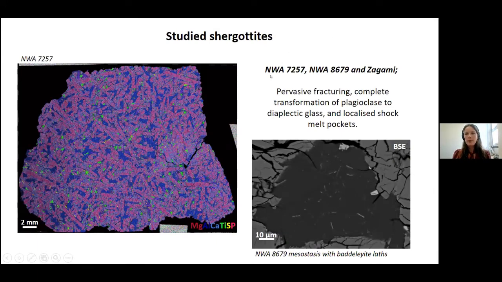And we're going to look at, I'm going to talk about NWA 7257, NWA 8679, and Zagami. And these have bulk shock characteristics very typical of most shergottites, including pervasive fracturing, PDFs, complete transformation of plagioclase to dialectic glass, and localized shock melting in the form of shock pockets. 8679 and Zagami also have some very thin lamellae of shock melt running through, but we didn't notice these in